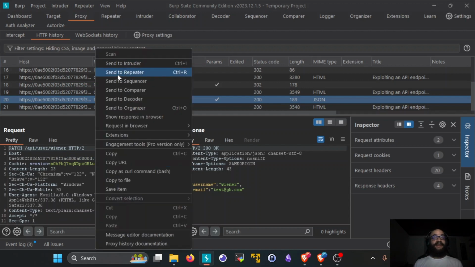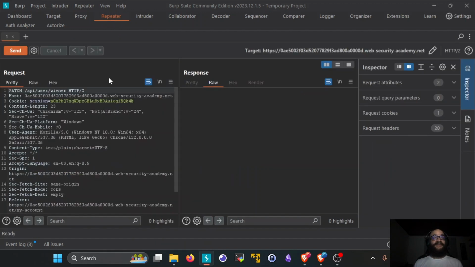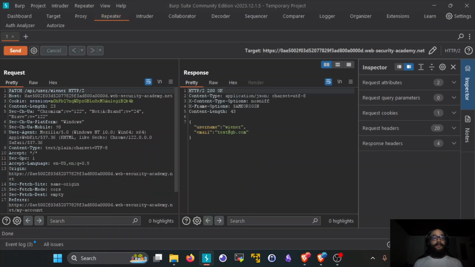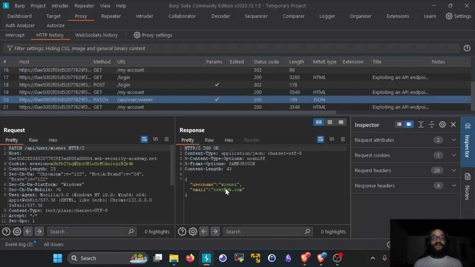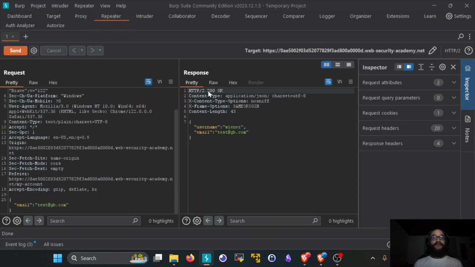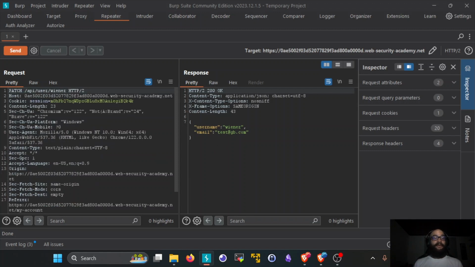So let's click on this request and send it to the Repeater. Let's repeat the request so you can see. Yeah, you will see the same response, 200 OK, and it's providing information, winner and the email. Great. Now we need to find the documentation of this API in order to